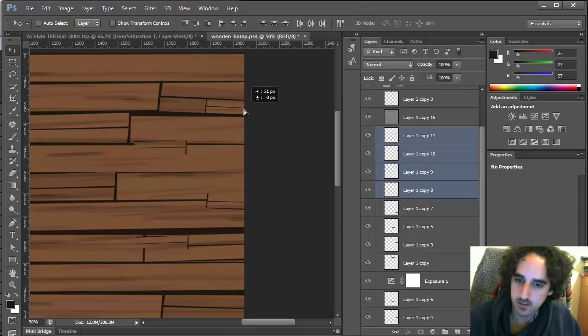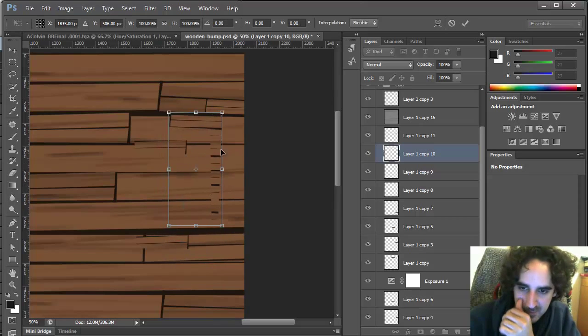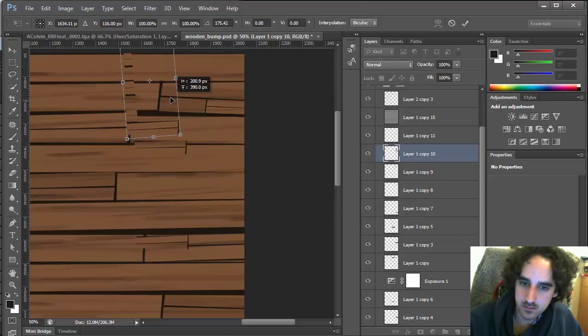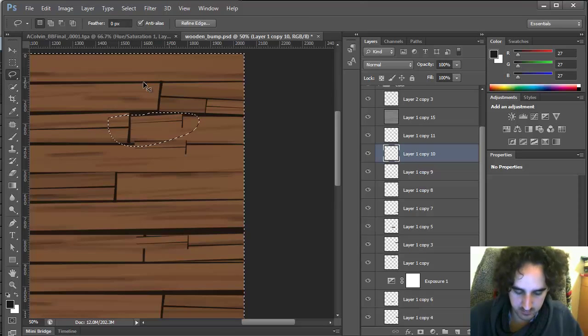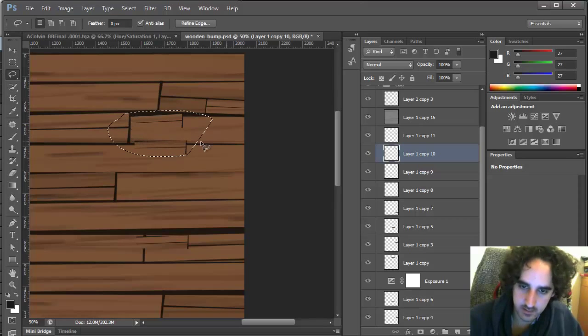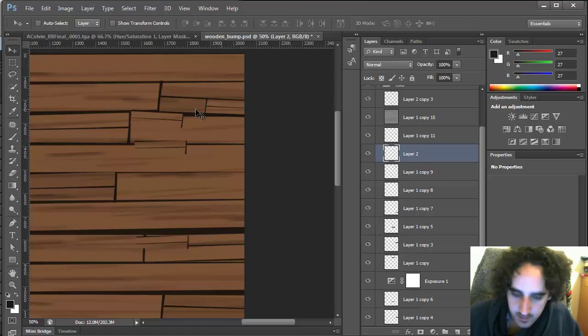Okay, so this guy, I'm going to translate it so that it's right here, and I'm gonna delete that stuff so we don't have to worry about it. I'm actually gonna cut it, Control X, delete the layer and paste it so that when we transform it we know it's just what we want it to be. Okay, and I'm gonna try to add a little bit of detail here